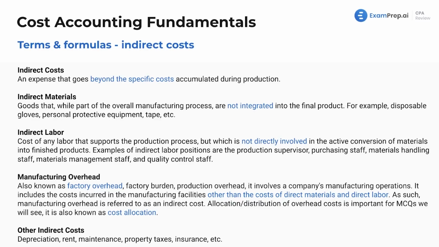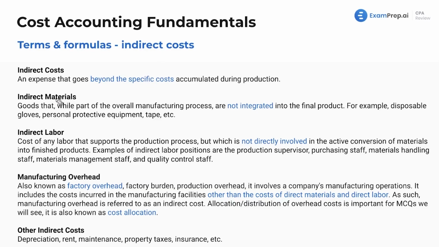Some more terms and formulas. We saw direct. Now we're going to see indirect. Now, we're going to mostly work with direct, but we need to know what indirect are. So indirect costs are expenses that go beyond specific costs accumulated during production, meaning you can't assign them to specific